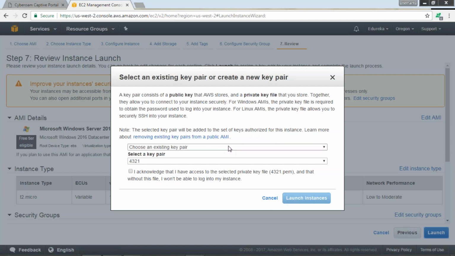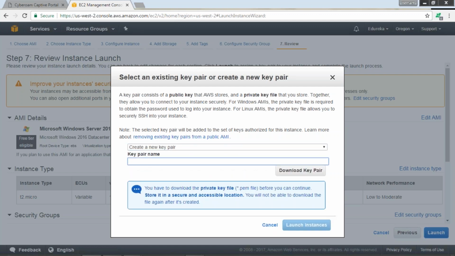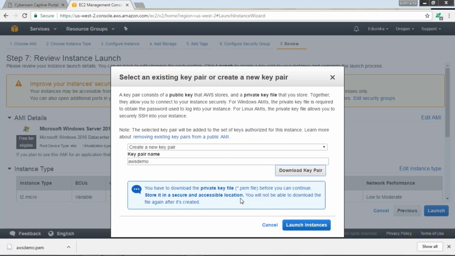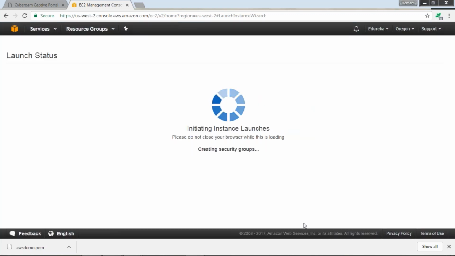Now we'll be creating a new key pair because you guys are doing it for the first time. Let me show you how to do that. The name should be unique, guys. The name is AWS demo for the key pair, and let's click, and after that you have to download the key pair. So you have got the private file now. It has the PEM extension. This key pair is called AWS demo. You have downloaded it and the launch instance button is now active. So we'll click on launch instances.